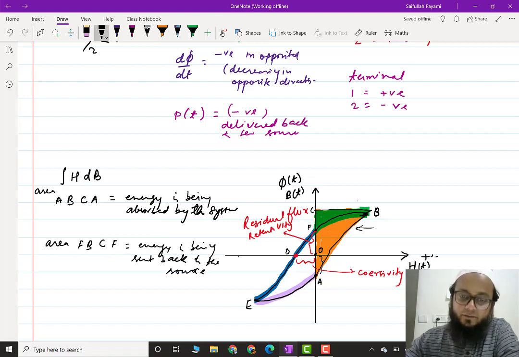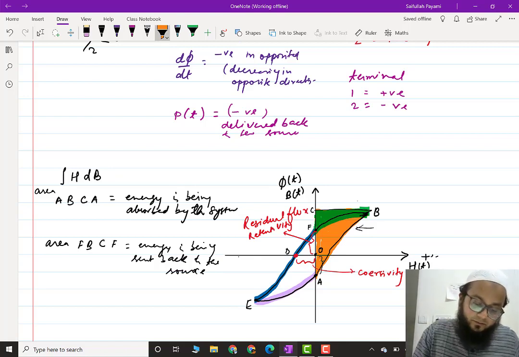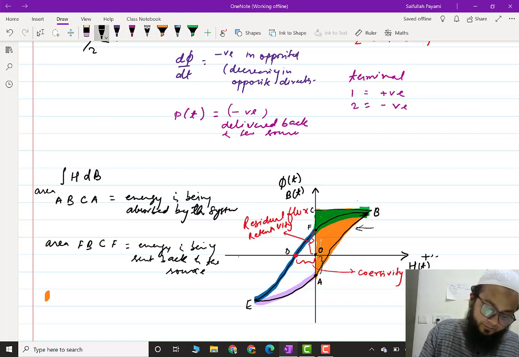So during the first positive cycle of the current, we can see this entire area A, B, F, A. So in the positive cycle, the energy being absorbed would be the area